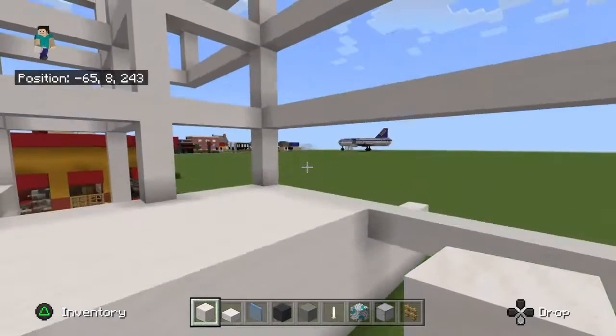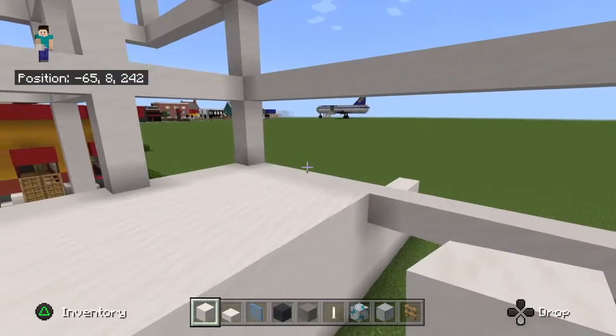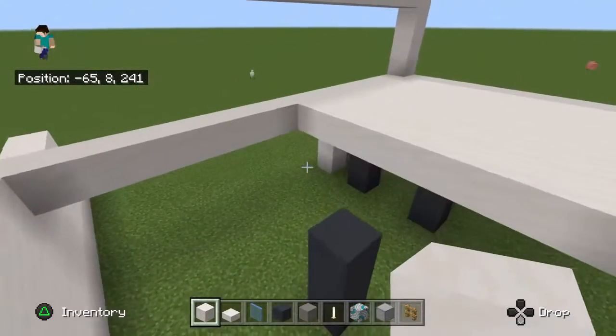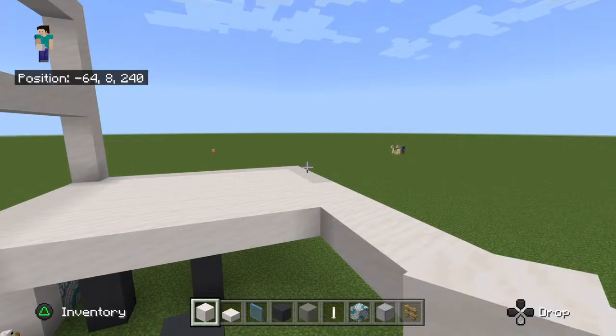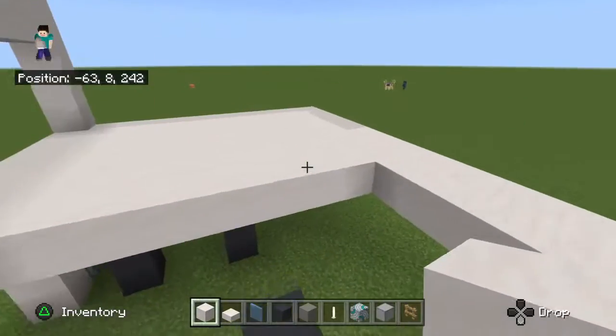But the way that I've designed the hotel, it's only got a single floor. I'll explain what that means a little bit more if you're not aware, but what it essentially does mean, however,